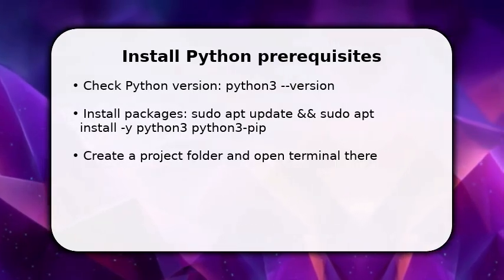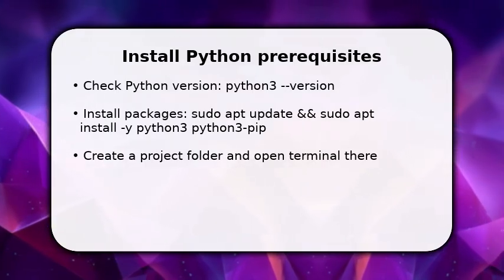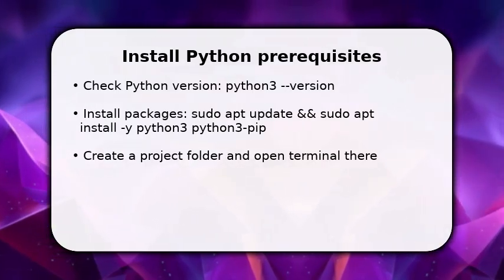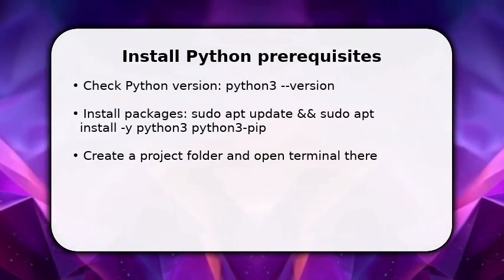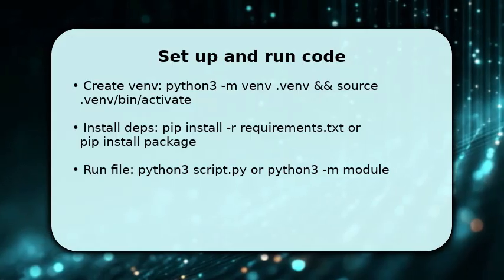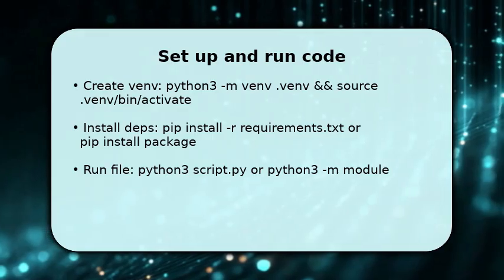If you plan to use virtual environments, install python3-venv now so you can isolate packages. This early setup prevents conflicts later and speeds up the actual code execution steps. Next, create and activate a virtual environment to keep packages local: python3 -m venv venv, then source